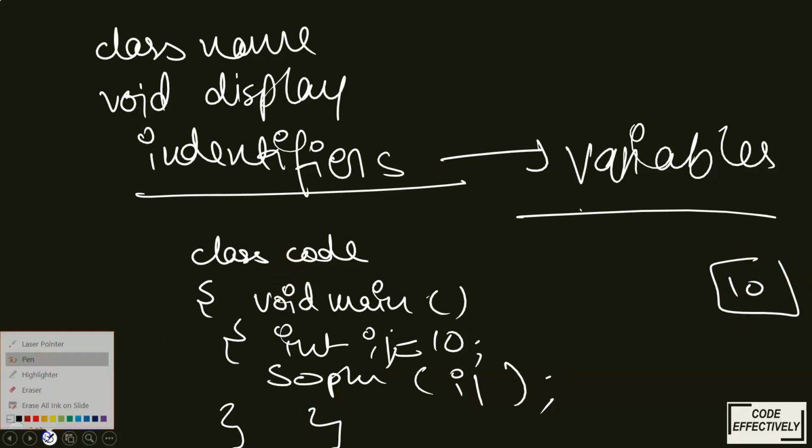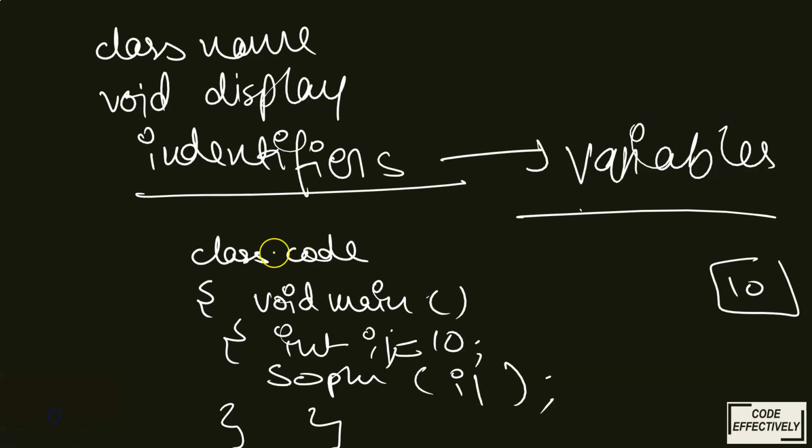So what are the variables here? Let me tell you the variables. As you can also guess, the variables are code, because this name I have given on my own. I1 is the variable because this name I have given on my own. In very short and crystal clear terms, what is a variable? The names that you give on your own are known as variables.